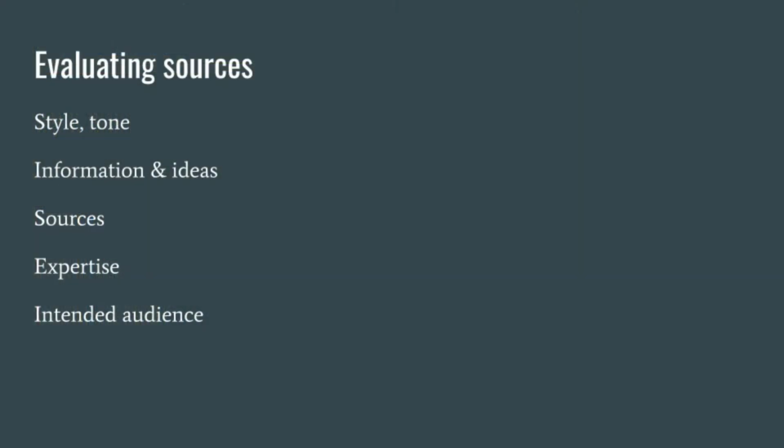If you think about these general criteria: the style and tone, the type of information and ideas that are presented, and how informative they are, how deep the information and ideas are, the kinds of sources used and how they're used, the kind of information, which is primary research information for academic research articles, and usually not primary, original, and not necessarily primary research information in the other types of sources, as well as the intended audience.